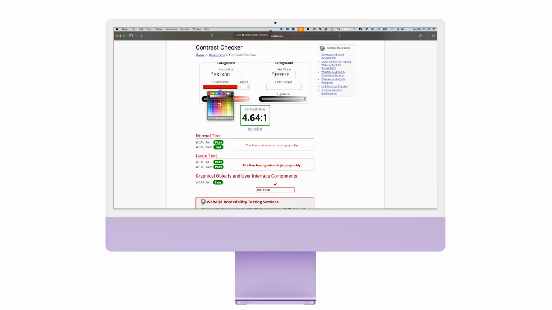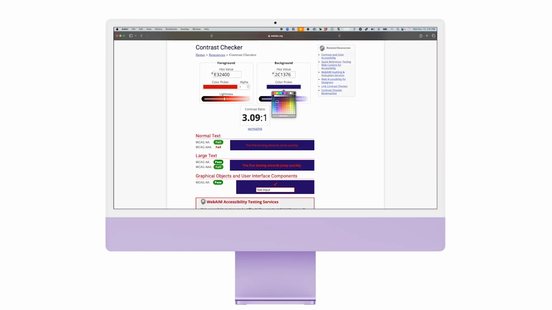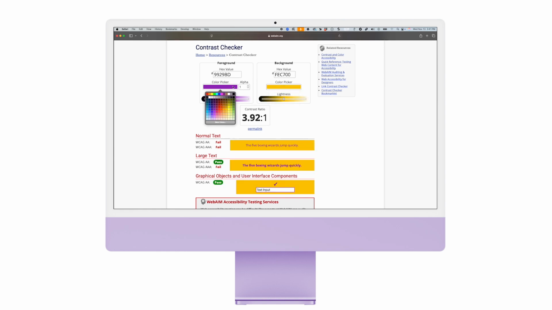A big part of our design process is all about color and contrast. When choosing colors for our designs, we always make sure to use tools like the WebAIM Contrast Checker to make sure the color combinations we're using have enough contrast to be seen by anyone with varying types of color blindness or other visual impairments. By using imagery in high contrast ratios, we can easily convey the concepts we're talking about to a wider audience.